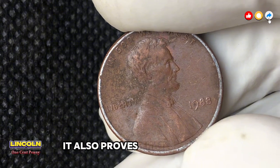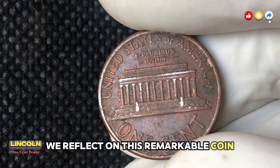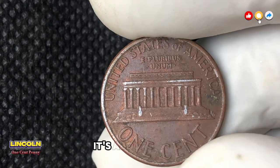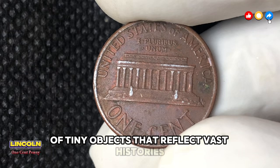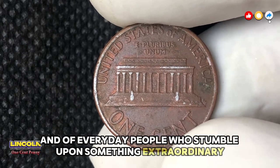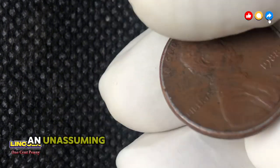It also proves that vigilance and curiosity can lead to incredible rewards. As we reflect on this remarkable coin, we are reminded that numismatics is not just about money, it's about stories. Stories of mistakes that became miracles, of tiny objects that reflect vast histories, and of everyday people who stumble upon something extraordinary. The 1988 USA 1-cent close AM coin is one of those stories, an unassuming penny that grew to